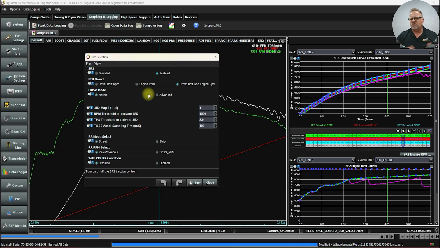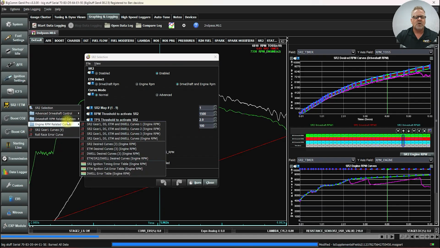So you could have, for example, 1/10 of a second to 5 seconds for curve 1. For curve 2, maybe you want 1/10 of a second and only out to 3 seconds. So you can fine tune your curves based on the amount of time per curve that you want to build it to. You can go crazy. That's going to be the advanced mode, and we're going to cover that in a different video. But the driveshaft and engine RPM for this release is very big. You now have the ability to do both at the same exact time. You just have to make sure that your error tables are configured correctly as far as the timing, ignition cut,